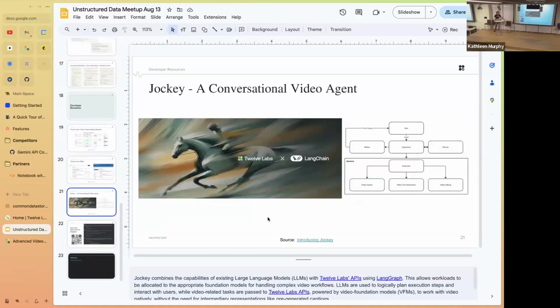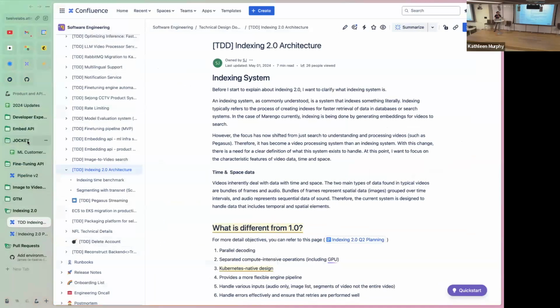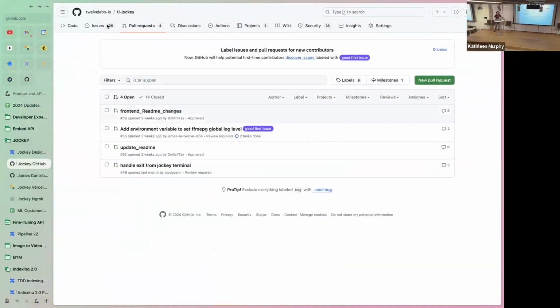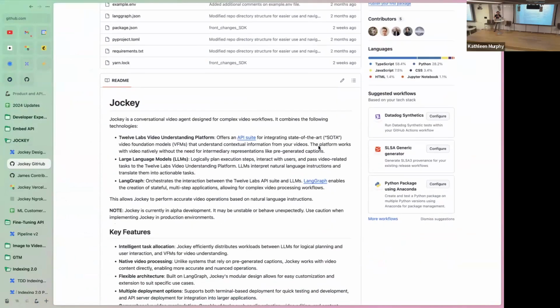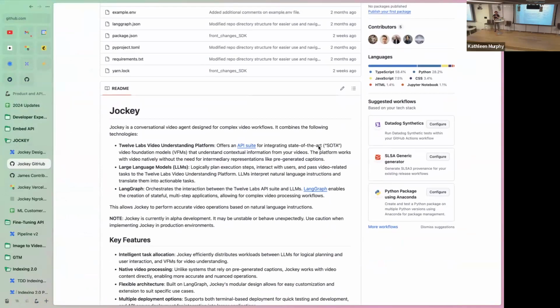Most recently, we released a pretty interesting project called Jockey, which is our collaboration with the LangChain team. It's an open source project. Let me pull up the repo. It's an open source conversational video agent that pulls together our API, LangGraph agent frameworks, and other LLMs to allow you to have a conversation with the video.